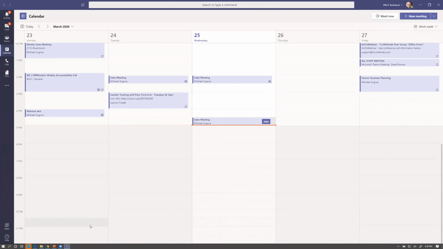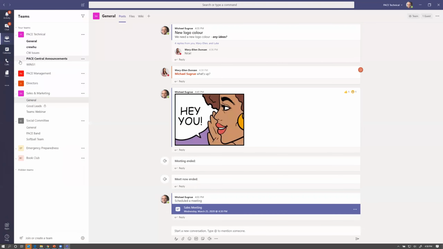So the next thing that I wanted to show you is files and file sharing. That's also a great feature. It's also a feature of SharePoint as well. If you know SharePoint and OneDrive and whatnot, you can post as well as collaborate and work together on files. You can do the same thing within Teams. So if I wanted to add a file to Teams, I can do that both in chat as well as in individual channels within Teams. So let's say I wanted to add a file here in the sales and marketing general channel.